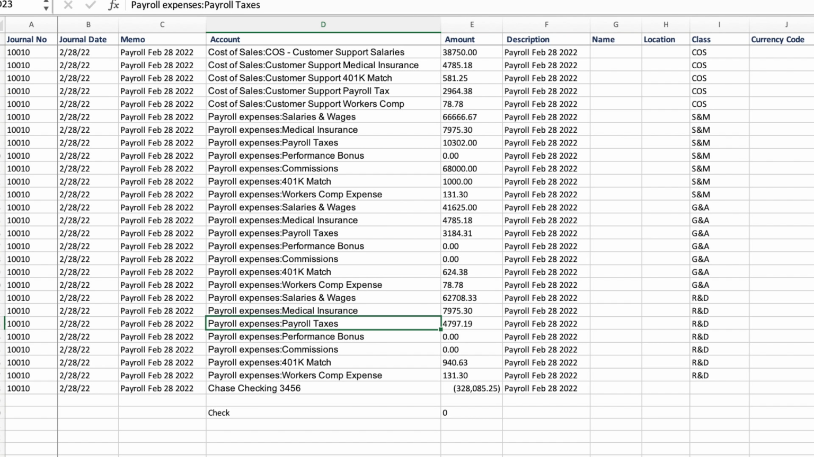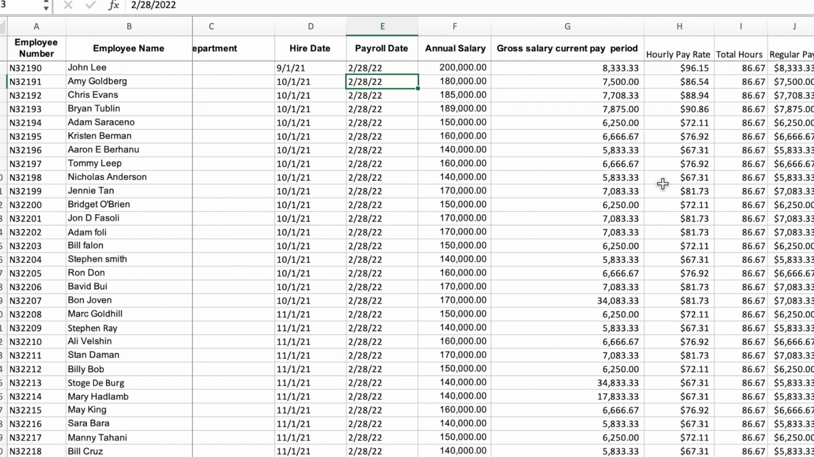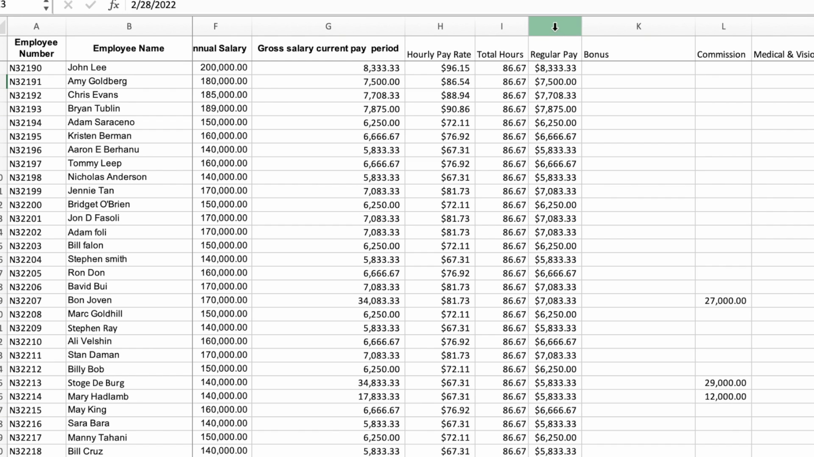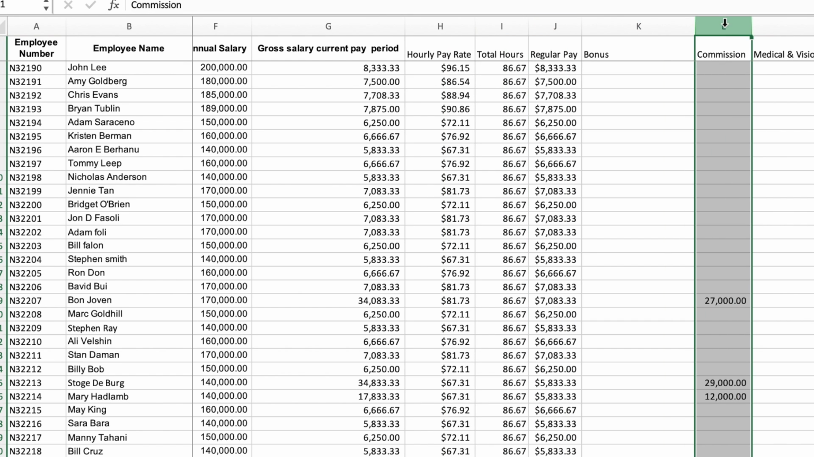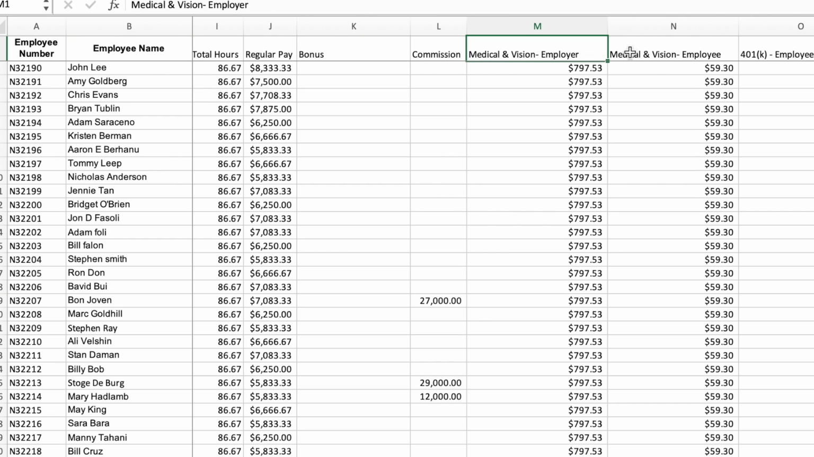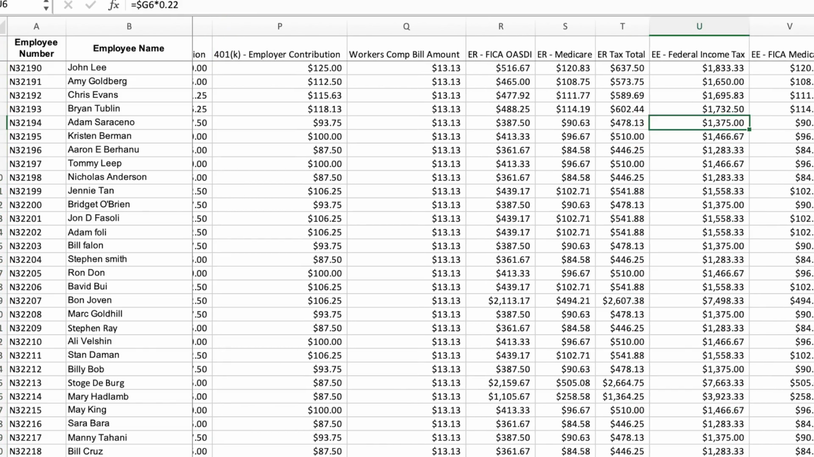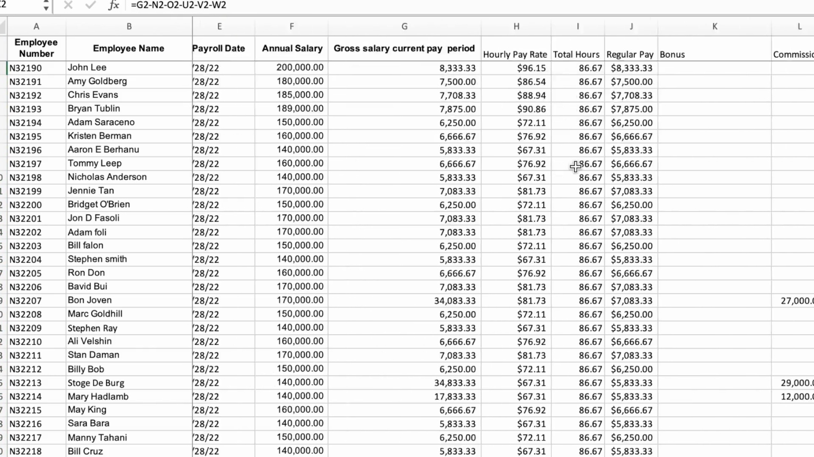So in the data from TriNet, like we said, this is simply a download of the payroll summary from TriNet. It's going to include all the columns that I need. The payroll date is going to include what's regular pay versus bonus versus commission, what's going to be the medical and vision for the employer versus the employee, the different deductions, different taxes, and then the net pay, or the net paycheck to the employee. So then